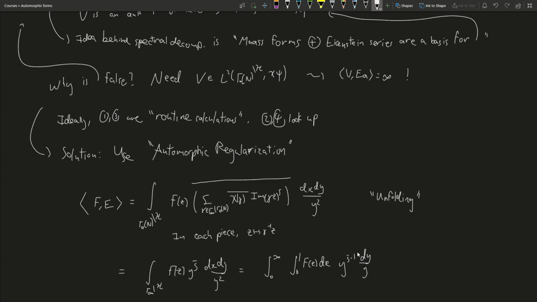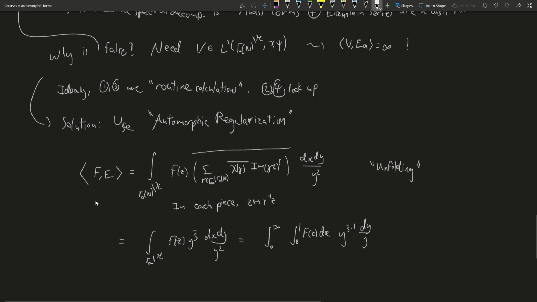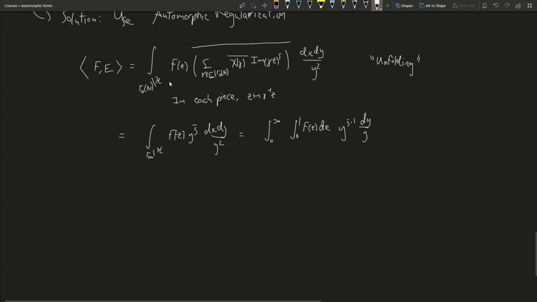So this is maybe how you can think of why I put an s minus 1 above, because this is the natural thing that pops out. So this is how you normally take an inner product with an Eisenstein series. It's just the Mellin transform of the constant term. And this inner product of v with your Eisenstein series is going to be equal to,